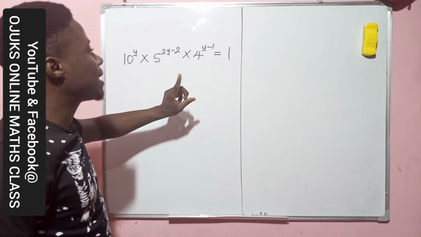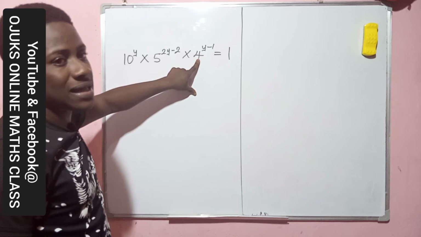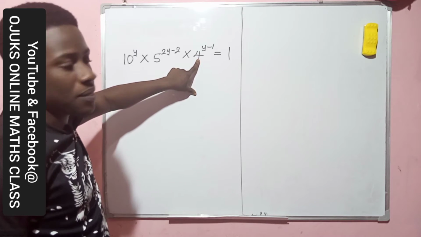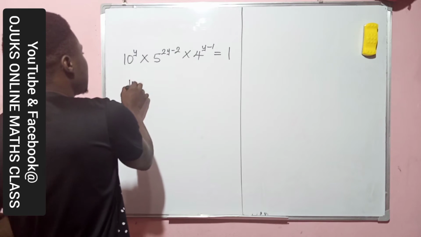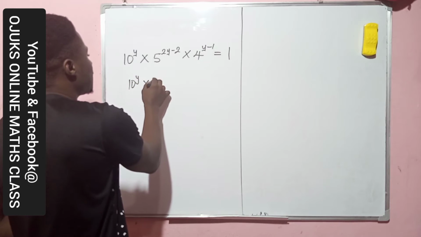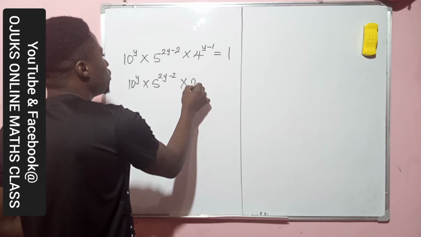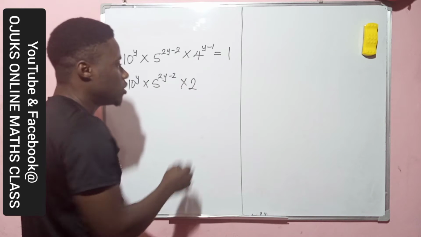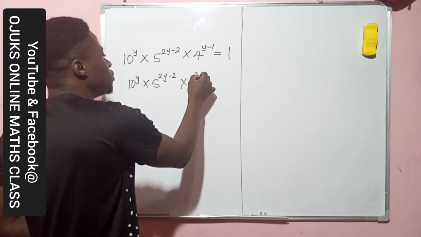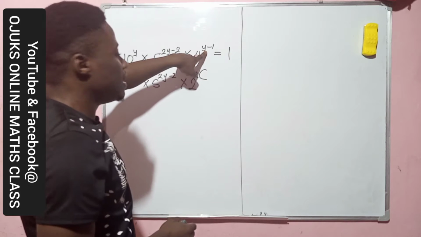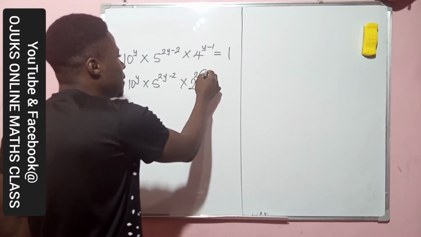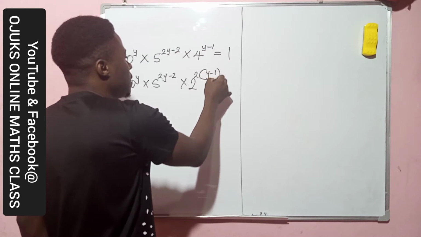So if I express 4 in index form, I'll have 10 raised to the power y times 5 raised to the power 2y minus 2 times 2 raised to the power 2, which gives me 4. I'll equally write the initial power, which is y minus 1,